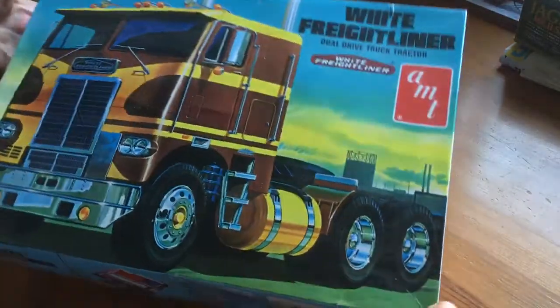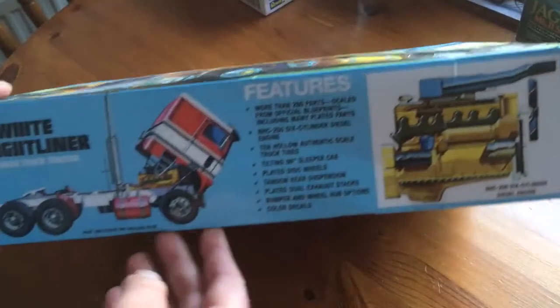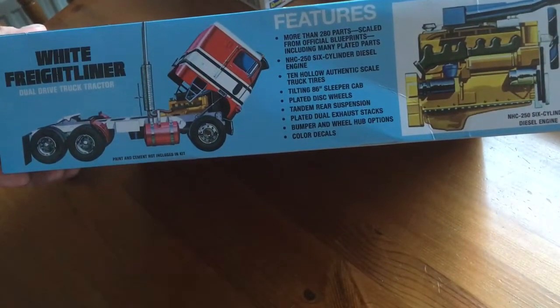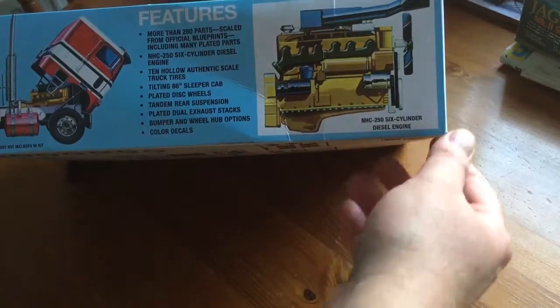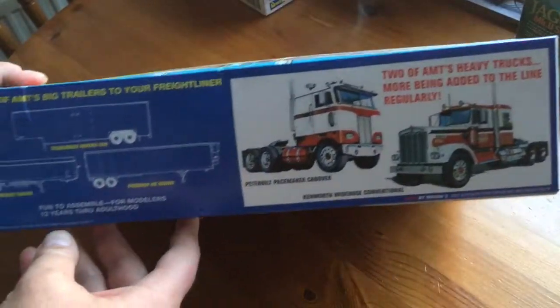So on the front we've got that nice illustration. On the sides we've got quite a nice retro illustration showing the truck side on, and the engine, which is an NHC 250 6-cylinder diesel engine according to this. A bit of information about the kit. And on this side then,